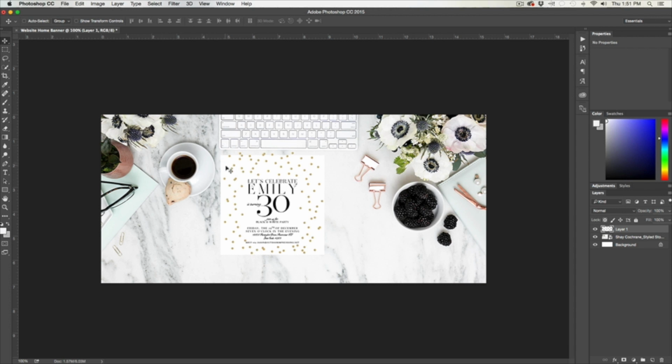You'll notice that these whites, to our eye, they read white, but they're all different shades of white, okay? And so we want to make this white look as if it was a part of this image, and so we want that white to match these other whites. So what I'm going to do is use the rectangle tool. I'm going to create a square to match the size of this, and I'm going to hold the shift key to